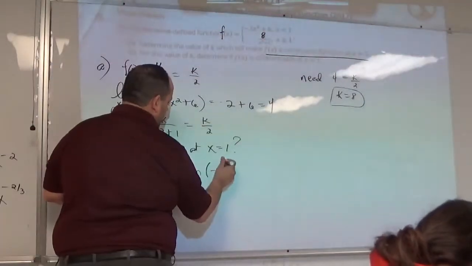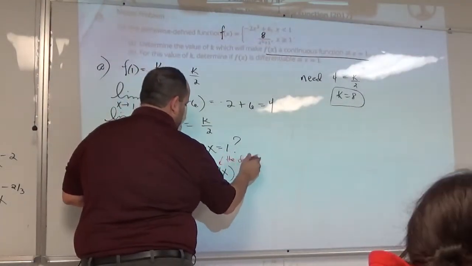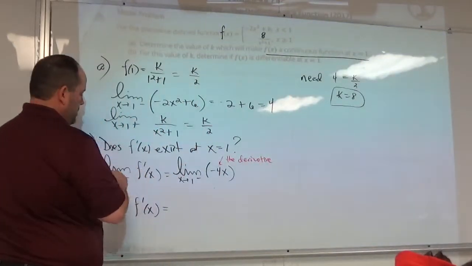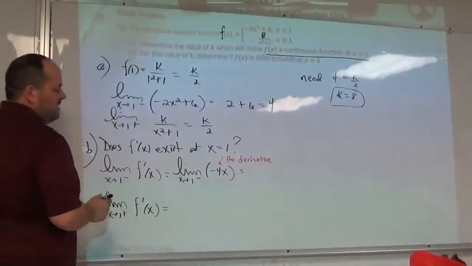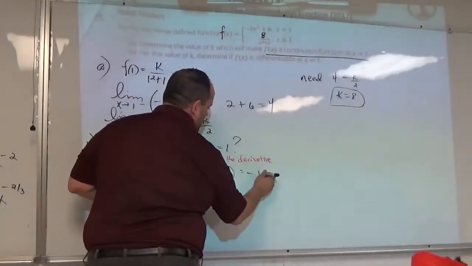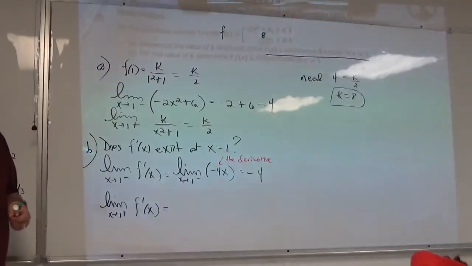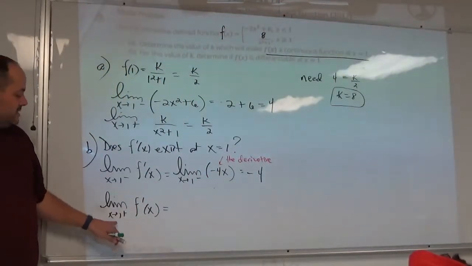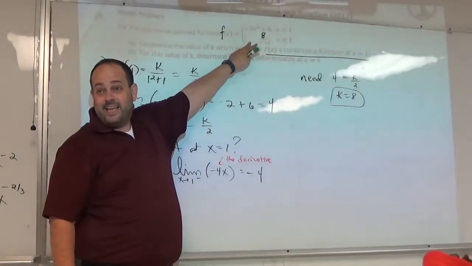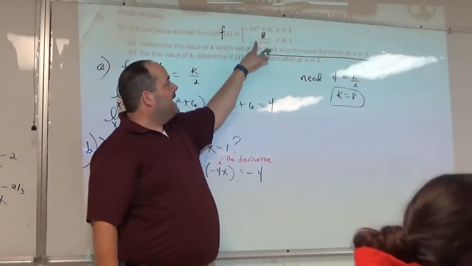Maybe you want to put a little note. This guy here is the derivative. Well, what is that limit? Limit as x approaches 1 from the left of negative 4x is just negative 4. The limit as x approaches 1 from the right, though, of the bottom piece, sad panda,